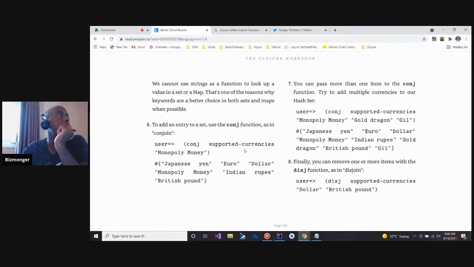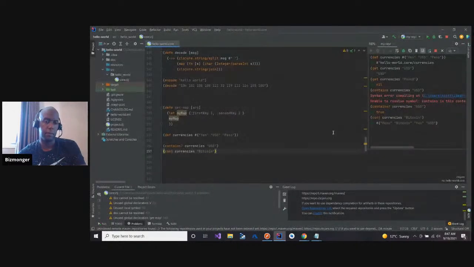We use associate for hash maps. We use conjoin for hash sets. You can pass more than one item to the conjoin function. Try to add multiple. Okay. Conjoin. Well, what if you try to add conjoin again? It's fine because it's pretty much a distinct function.